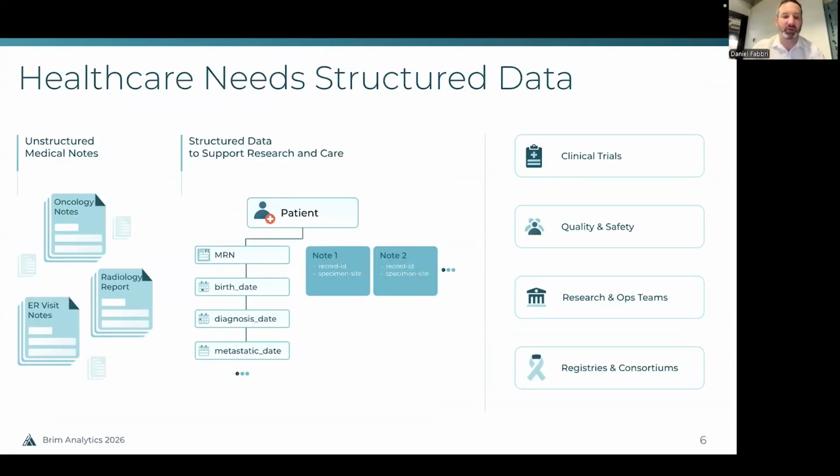What really is the problem that we experience across healthcare today is the need to take these large volumes of unstructured clinical notes and oncology notes, radiology reports, ER visits, home notes, home care documentation, et cetera, and convert it to actionable structured data that can be used in clinical trials, quality, research, operations, and registries. This conversion of transforming unstructured clinical notes to structured form is paramount to getting a lot of the work we need to get done in healthcare today done, but is a step that is often forgotten and currently is